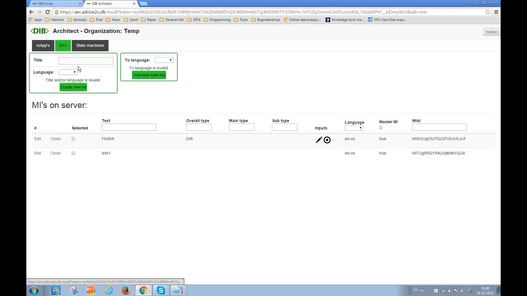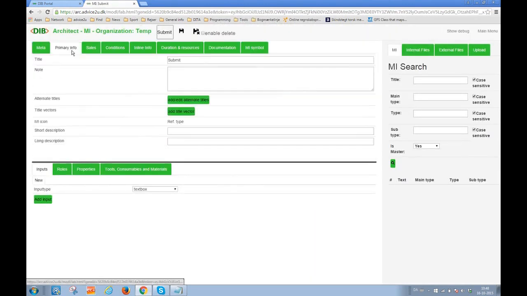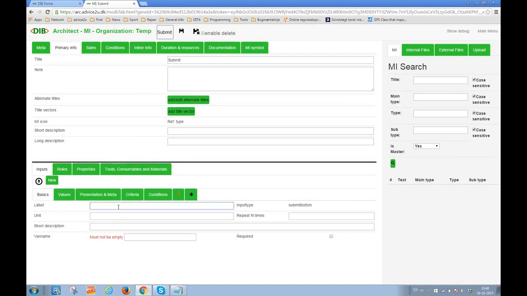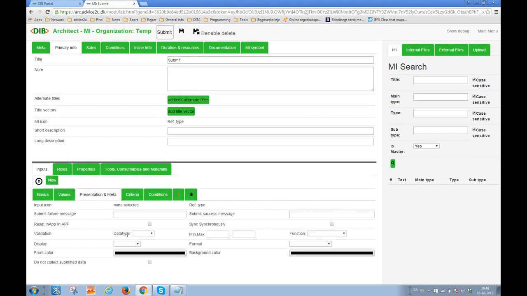Then I go in and create another app, because I would actually like to submit. I want the user to be able to submit data back to the server when he uses the app. And so I right away go in and create another MI, which I call submit. I do it the same way as before. And now I go in and create a submit button. And I add that, call it submit. I give it a name,